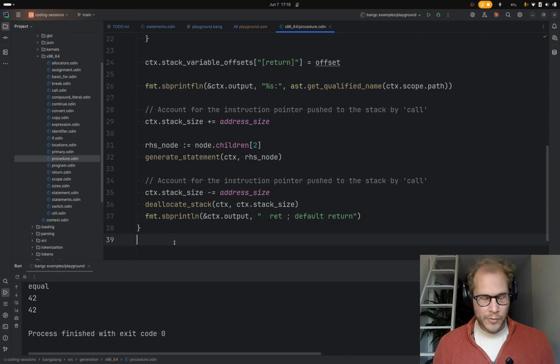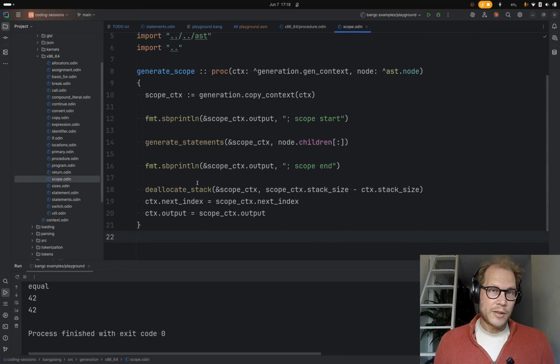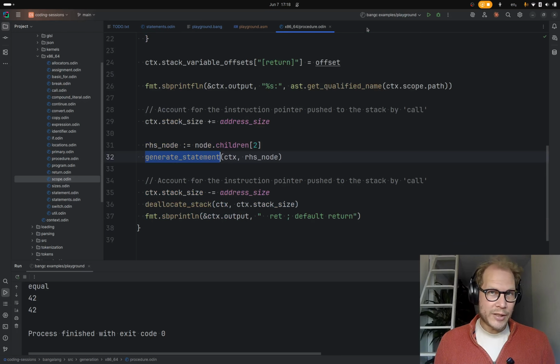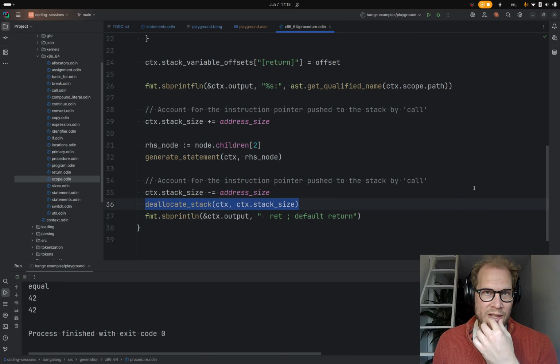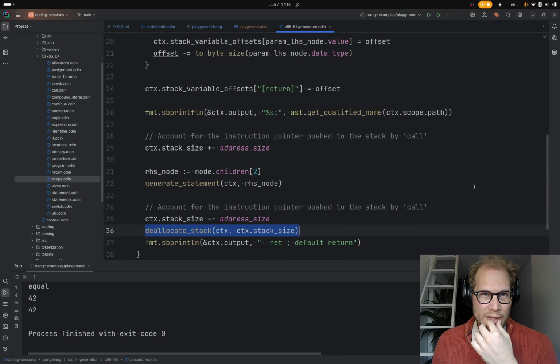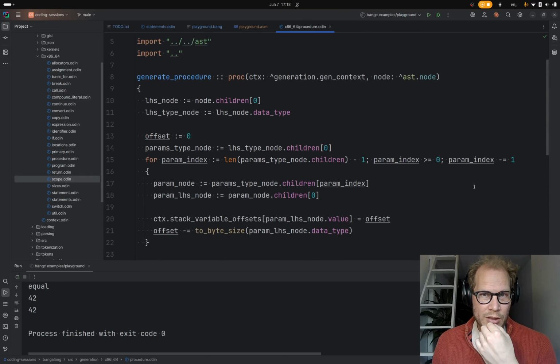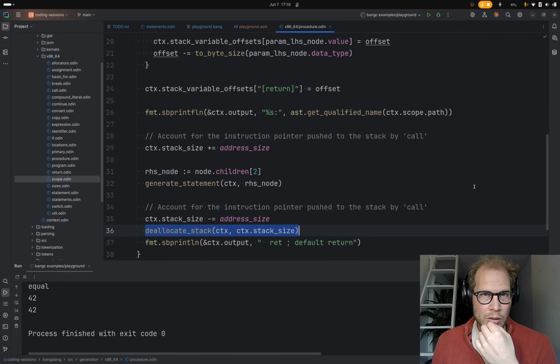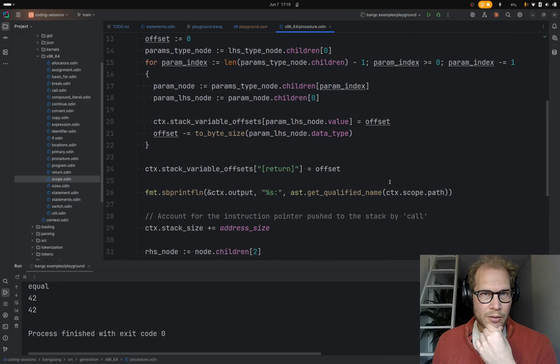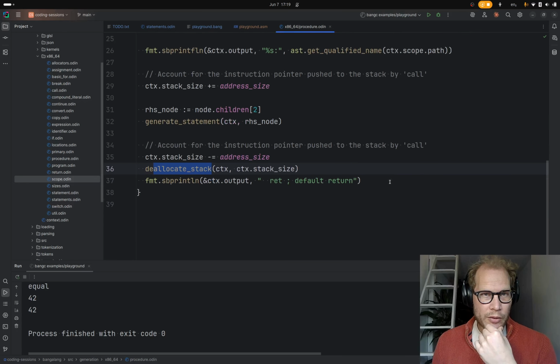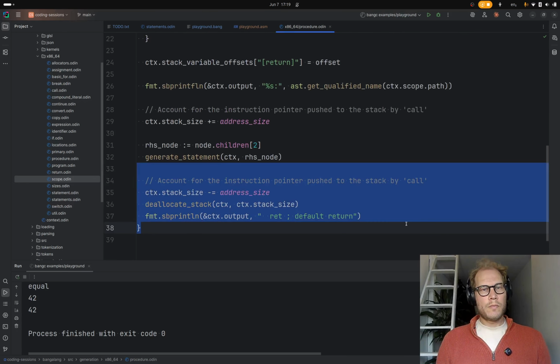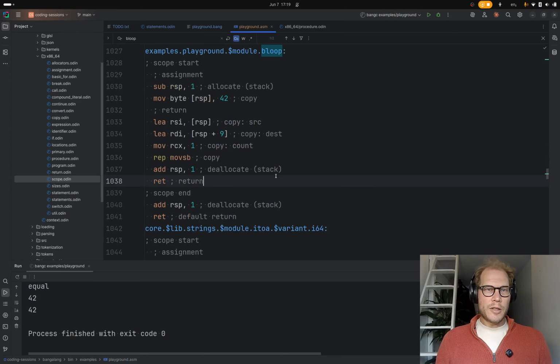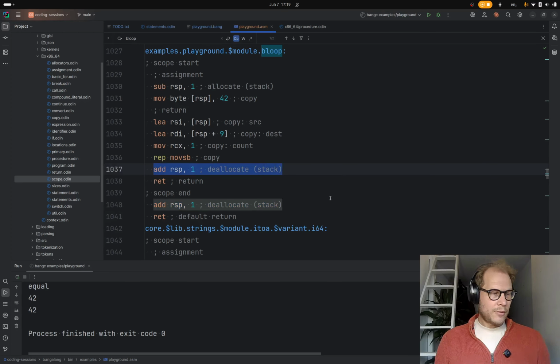Do we ever... The thing is that when we go into here, because we know this is a scope, it didn't used to be the case, but now it is. See, it does its own deallocation, deallocates everything that was in the scope. So is this needed? Maybe it's for deallocation of the parameters? But we don't have any allocations in here. So I don't think so. Oh, well, we saw in the assembly that it does exactly the same deallocation.